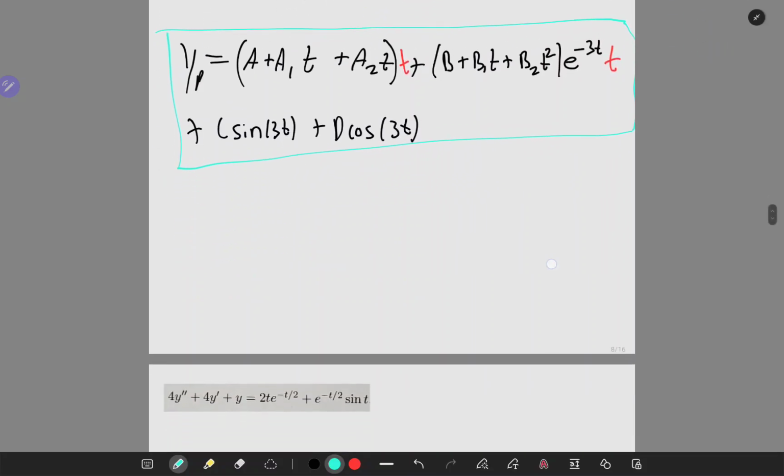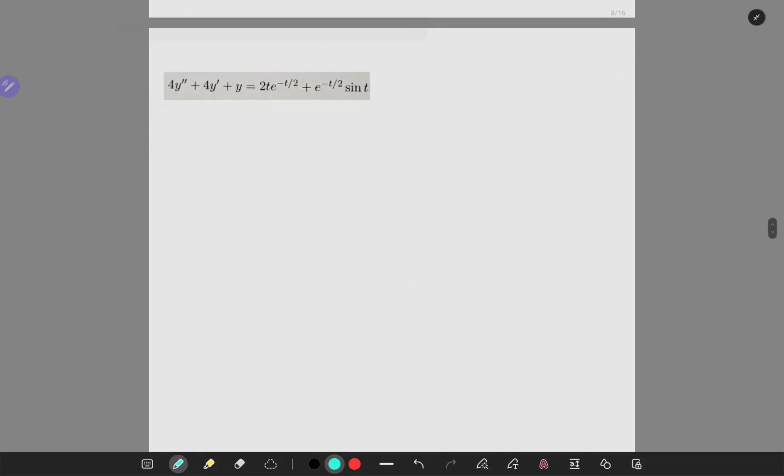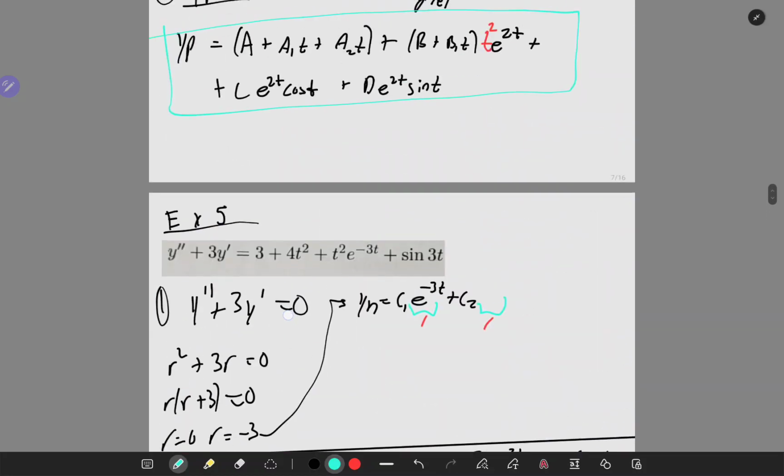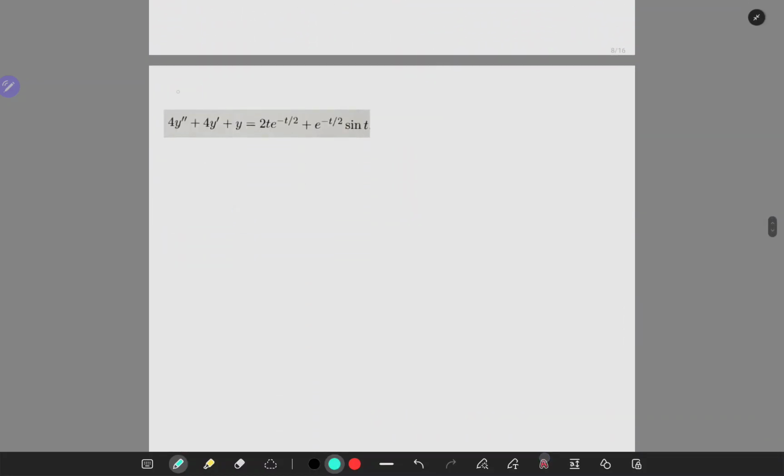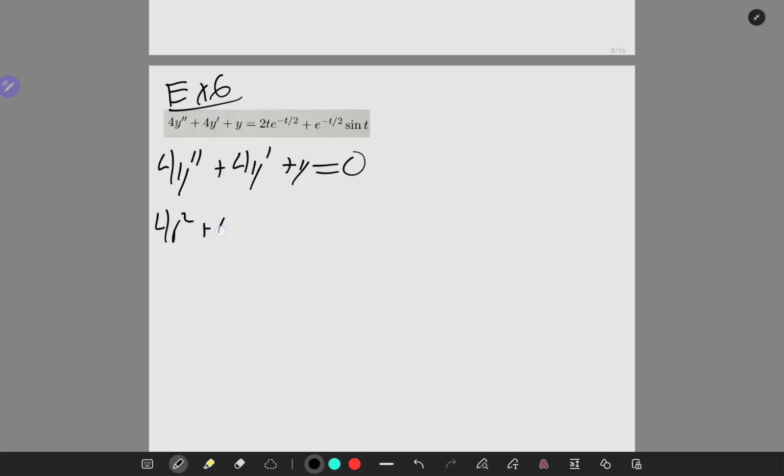Okay, one more example. Or is there 2 more? Oh, this is the last one, example 6. Okay, so, example 6. Homogeneous equation. Plug in. We proposed e to the rt, and we canceled the e to the rt's. We're left with